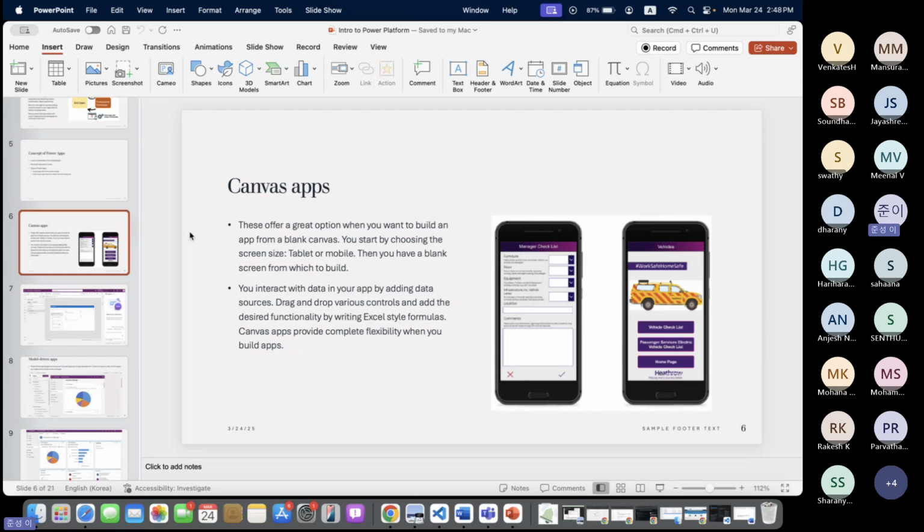Also, you can interact with data in your app by adding data sources, dragging and dropping various controls, and adding the desired functionality by writing Excel-style formulas. Canvas apps provide complete flexibility when you build apps. So this Excel,